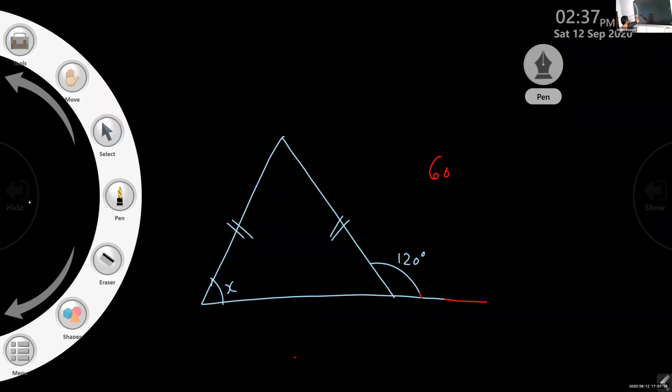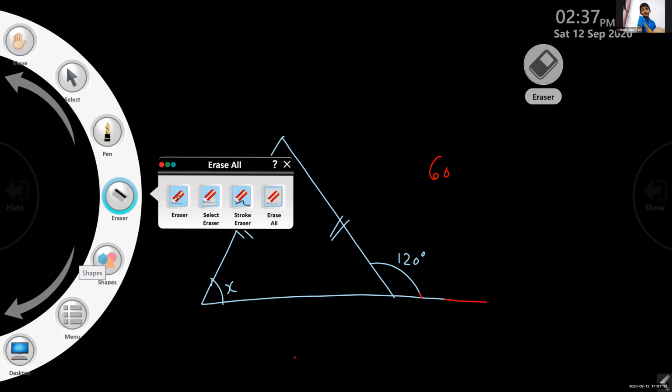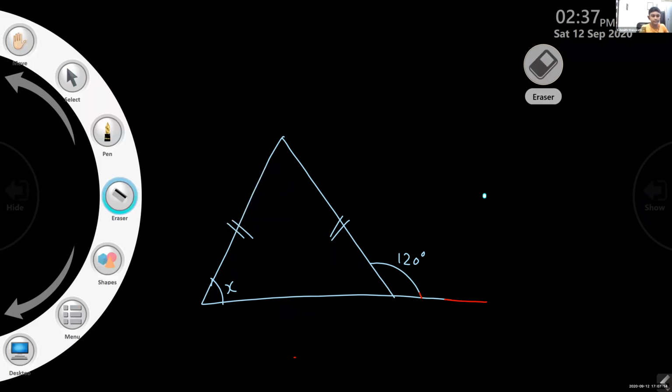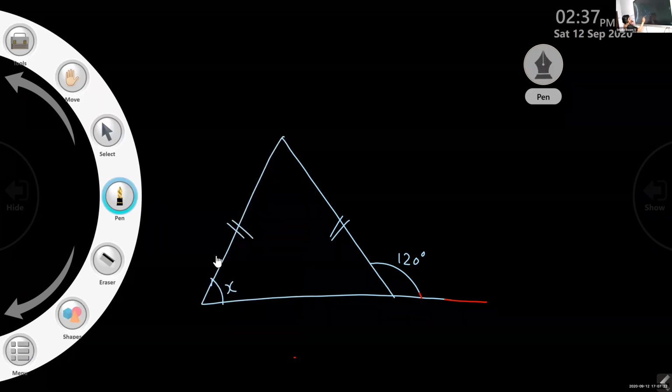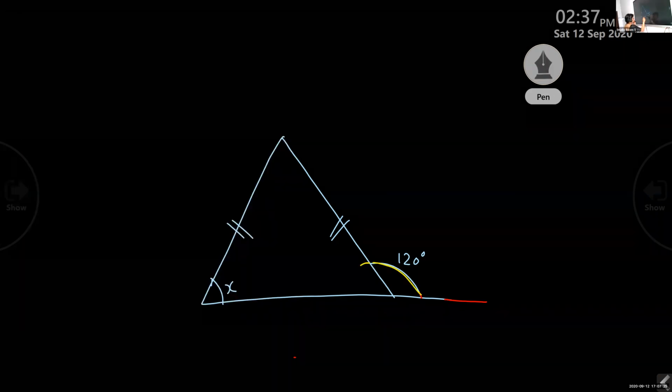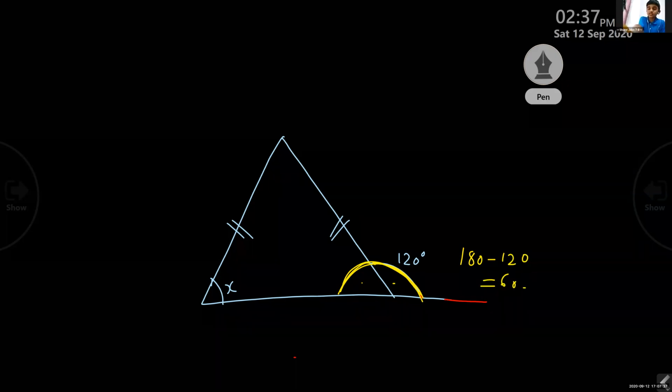Okay, what is the reason? Ma'am, because this is an exterior angle, so exterior angles we have to get 180 degree. So 120 plus 60 is equal to 180. No, we cannot say exterior angle. We can say this and this forms a linear pair, isn't it? This is an exterior angle. So this also together forms a linear pair. So this pair is already 120. So 180 minus 120, you will get 60 degree. So this angle will be 60 degree, isn't it?